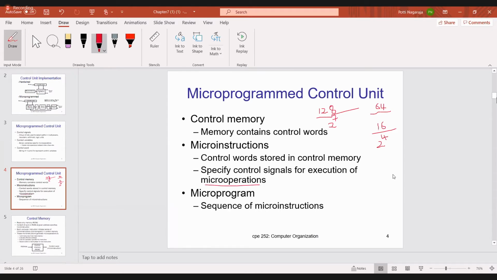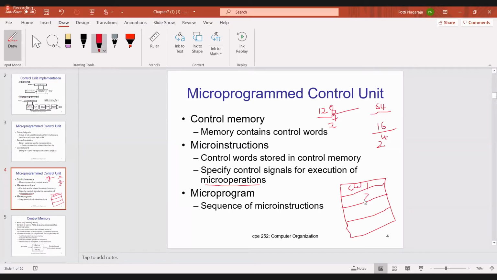To understand this, I will draw one thing. Assume that this is the control memory, with locations 1, 2, 3. Assume that 4 memory locations are there. Here control word 1 is there, CW1.